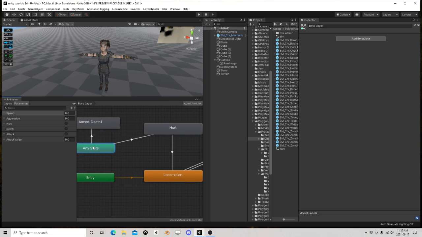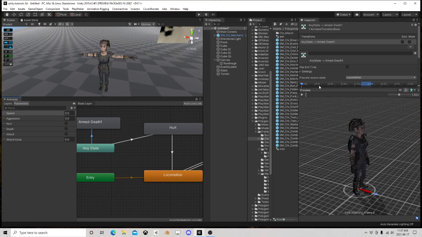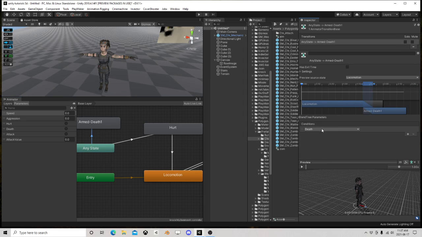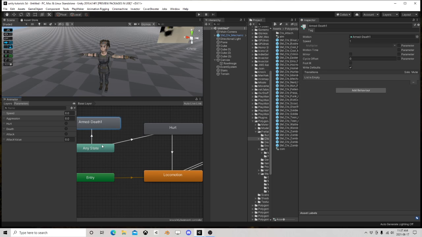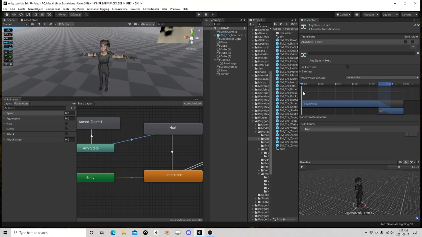You can use any state, so condition from any state, like I have one going to death. If I click on it, if I get the trigger death, it doesn't matter where we are in this tree, we're going to go ba-doop and go to death. And one of the other things you might see